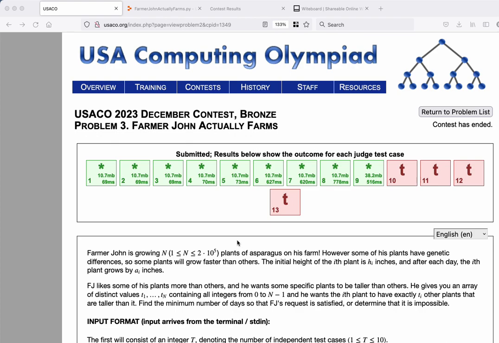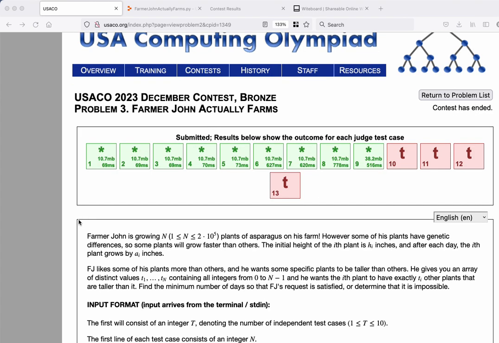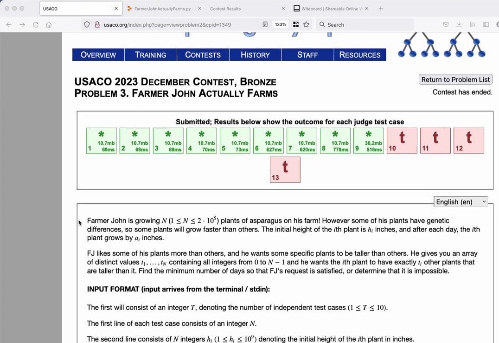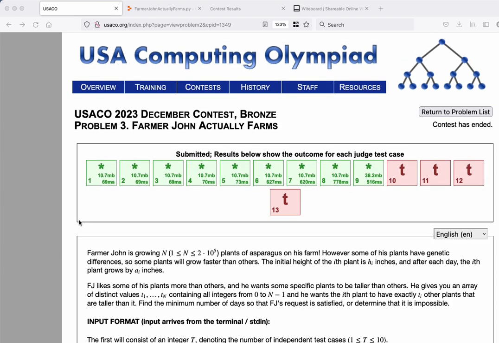All right, so we're on to problem 3 here of the December 2023 bronze contest. This was a tough problem. It takes a while to figure out what it's asking, and then figuring out the algorithm to solve it is also difficult. I'm coming at this presentation from the point of view of someone using Python